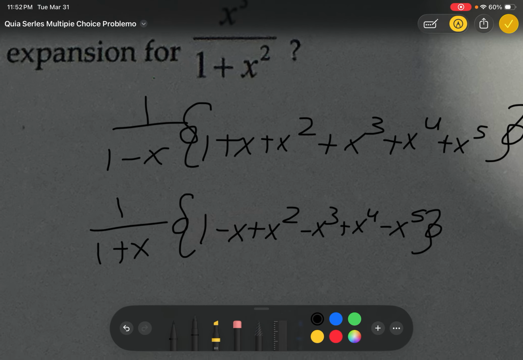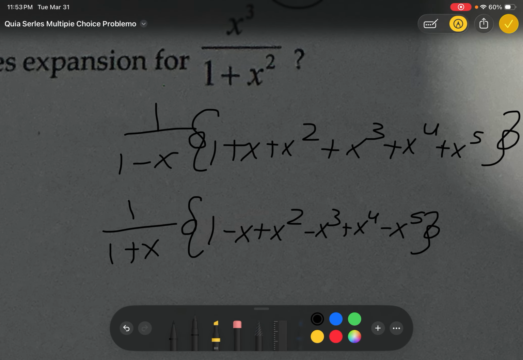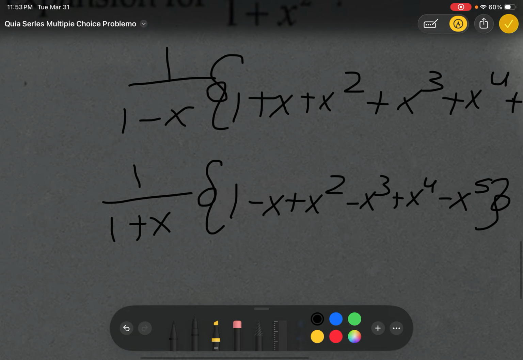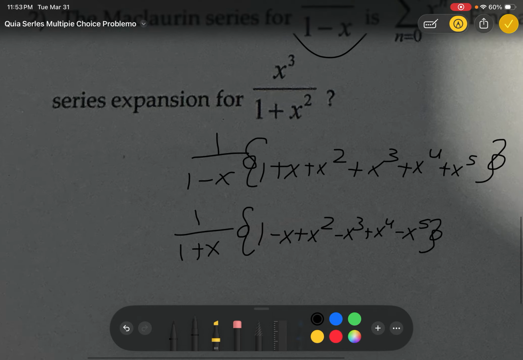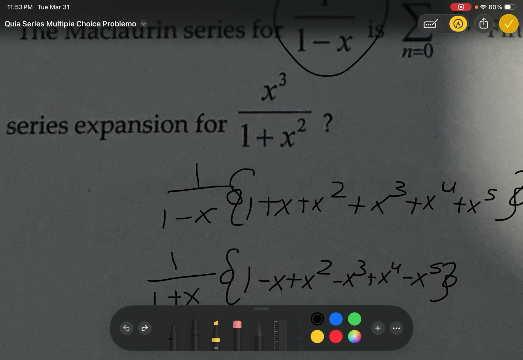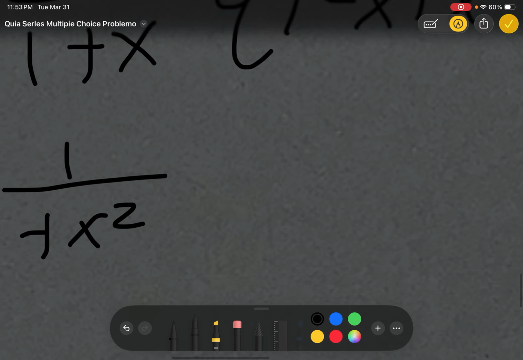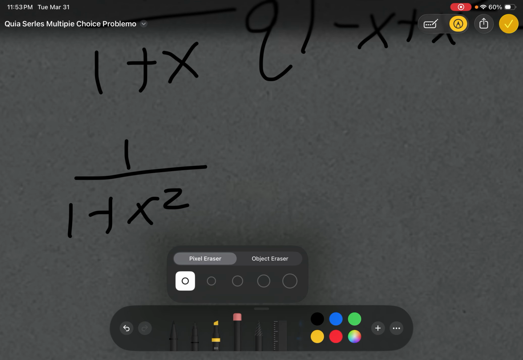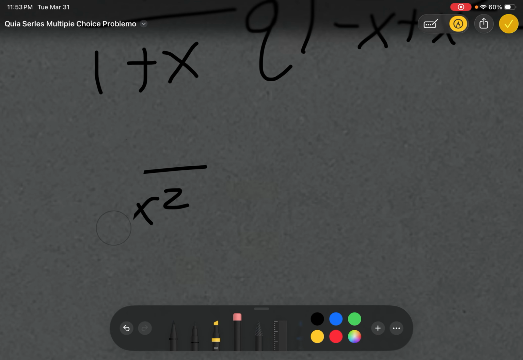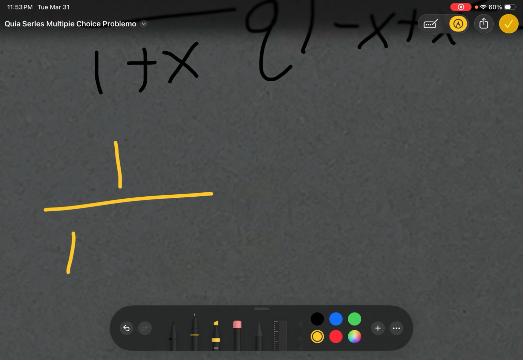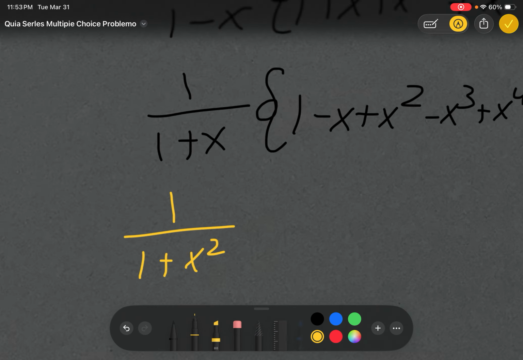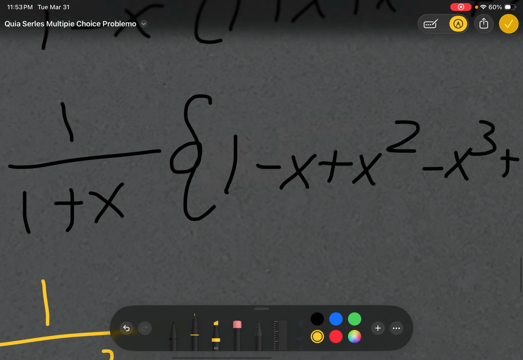Okay, now we did that. Now we're going to square it because of this 2 right here. Let me circle that 2. We're going to square each of the x's. So it's going to be 1 over 1 plus x squared. Actually, I'm going to change this into a different color so that it's more clear how I'm transforming the series. I'm doing this little by little so that it's not too difficult to distinguish how to derive